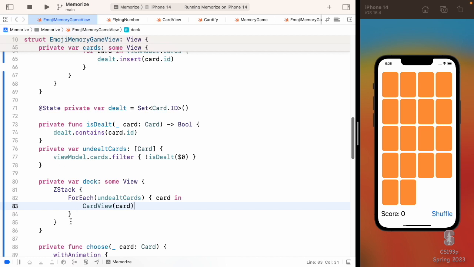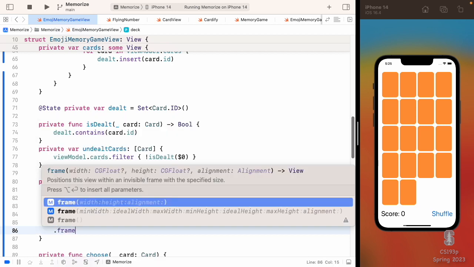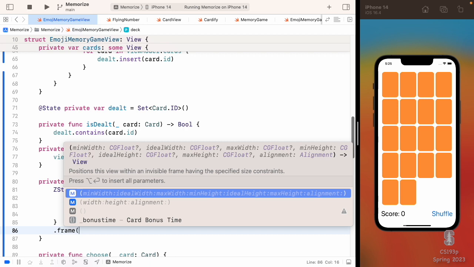There is one thing I do want to do with this, though, is I want to explicitly give it a size. And this little view modifier that I'm going to show you today, .frame, easily abused. Be very careful of using this one. What is frame about? I told you that views get to decide what size they want to be. Remember that? Well, they can do that with frame. But frame is not really going to size the thing itself. It's more like it creates a container that's that size, and the thing then is offered that space.